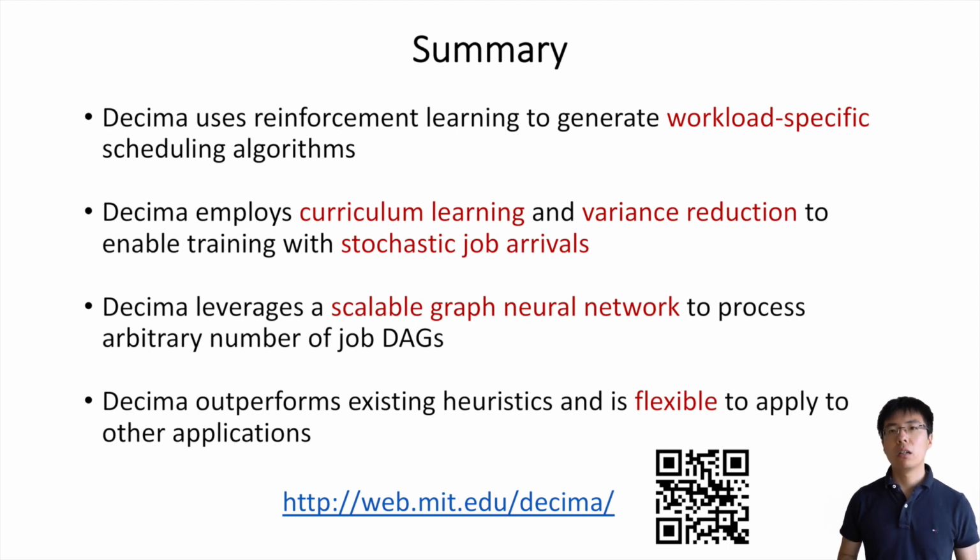Decima goes beyond just applying existing reinforcement learning methods. We develop new learning algorithms so that Decima can handle online stochastic job arrivals. Decima leverages a specially designed graph neural network to process job information and use it to express efficient scheduling actions. In our experiments, Decima is able to outperform existing scheduling heuristics, and the techniques we built are applicable to many other systems. More information and open source code can be